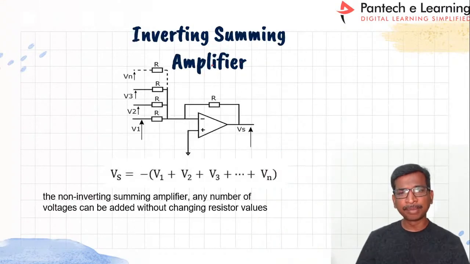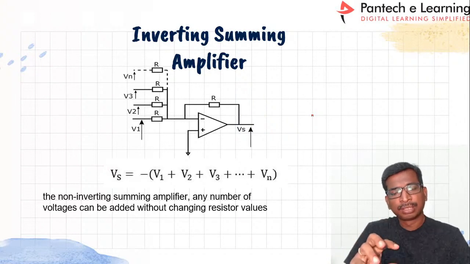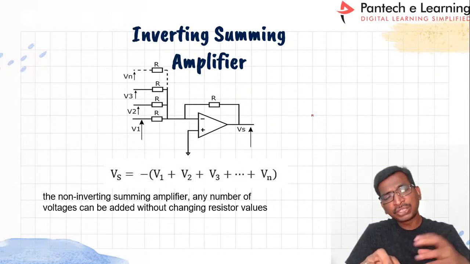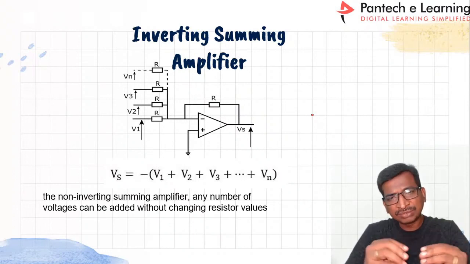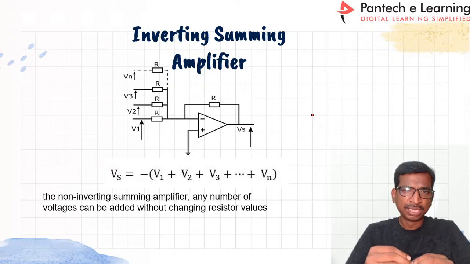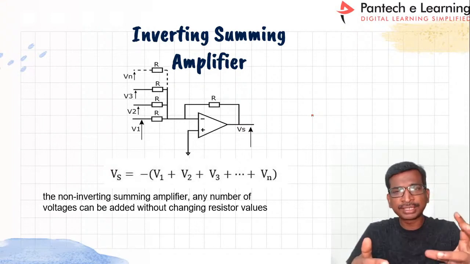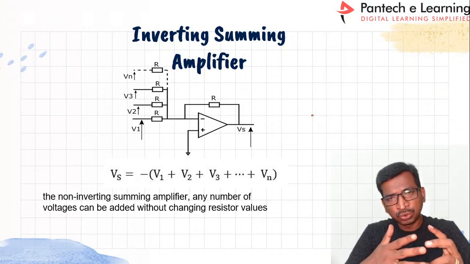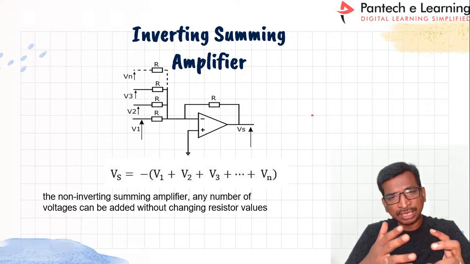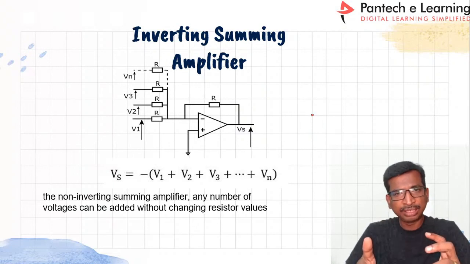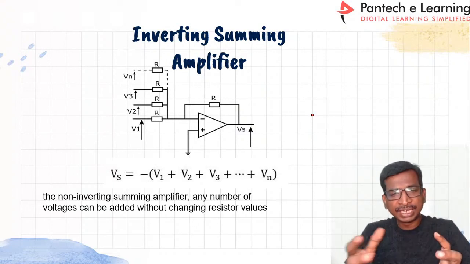Similarly, the inverting summing amplifier. The summing amplifier is used whenever you are going to sense a voltage, for example, the voltage across piezoelectric sensors. Because piezoelectric sensors give very small values, in terms of millivolts, right? If you want to amplify that voltage, connect all the individual piezoelectric sensor voltages to the inverting summing amplifier, and then we can get the output voltage.